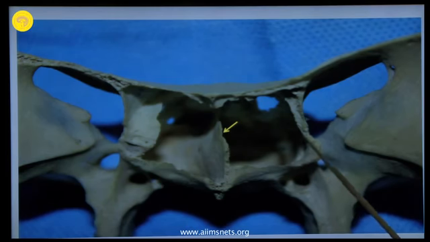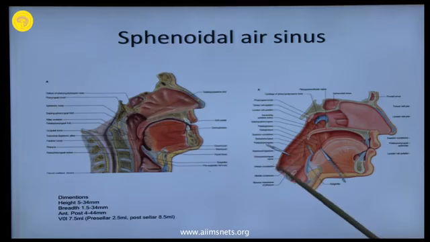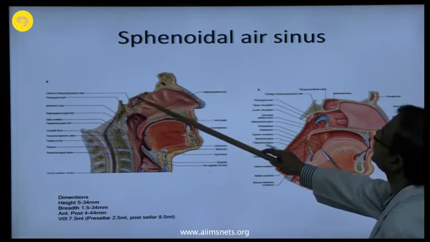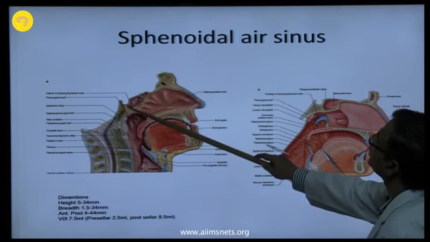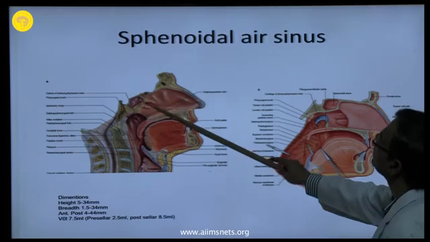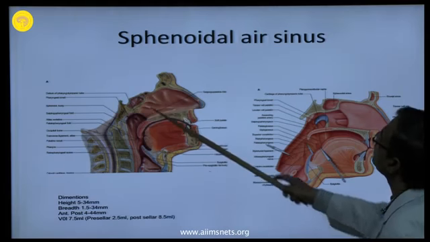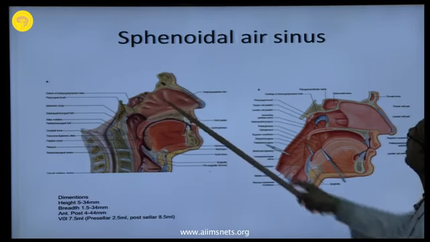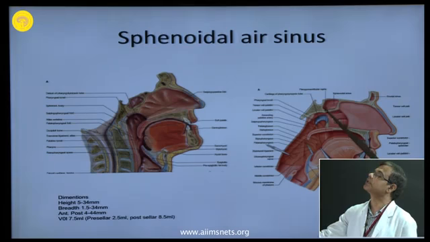Sometimes there may be a coronal septum, or instead of one there may be two or three septums, and it may be an incomplete septum also. See here the roof of the sphenoidal air sinus, it extends near the sella turcica, and it has a posterior wall, an anterior wall, a floor, and a lateral wall. The lateral wall is most important because in the lateral wall there are elevations for the internal carotid artery and the optic nerve, which is very important. The roof is formed by the jugum sphenoidale, and at the junction between the roof and the posterior wall, you see the sella turcica is there.